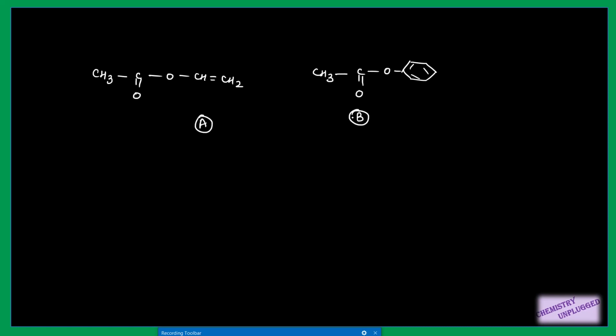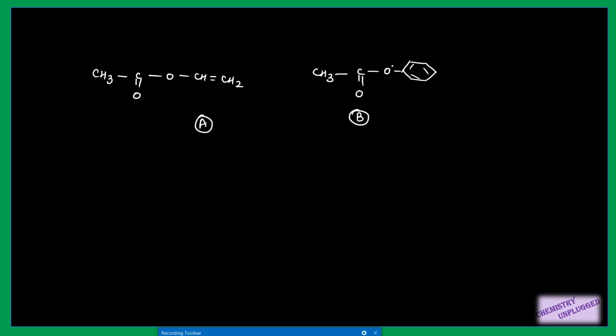Then we will take one more very interesting thing in the ester CO frequency vibrations. Now here we have two molecules A and B, and you have to again decide which one will have the higher CO stretching frequency. So in this case we can see that here we have a double bond next to this oxygen. This is not located at the alpha position of CO, right? So this is not conjugation, this is something different, right? So you have to be very careful about that.